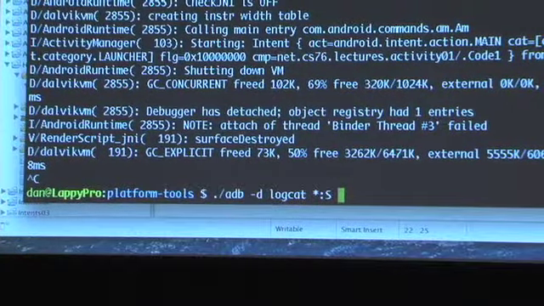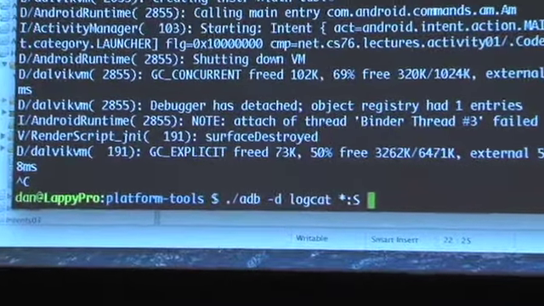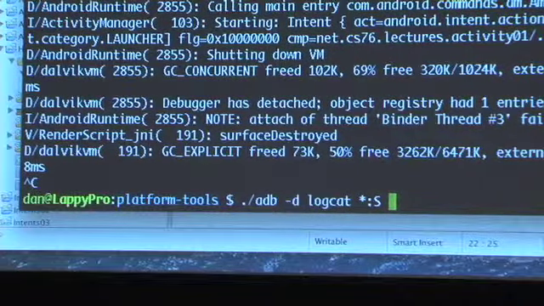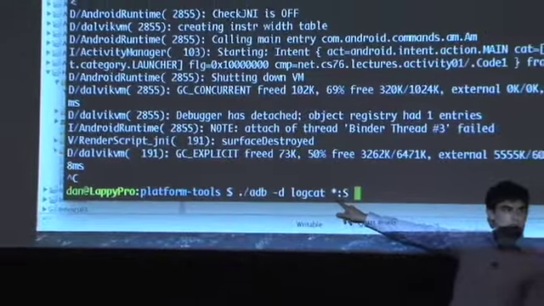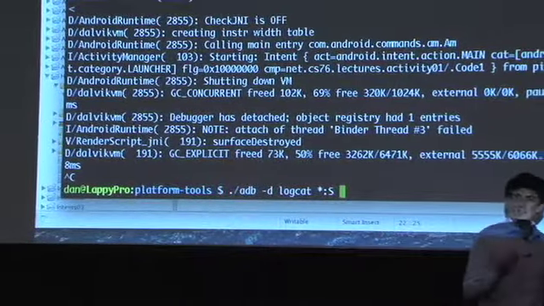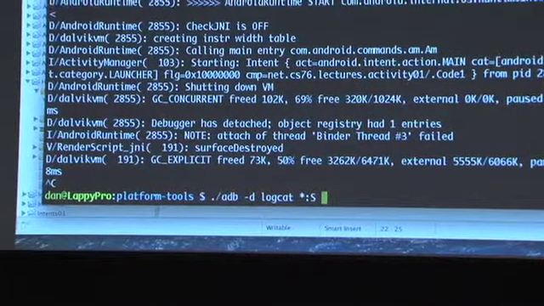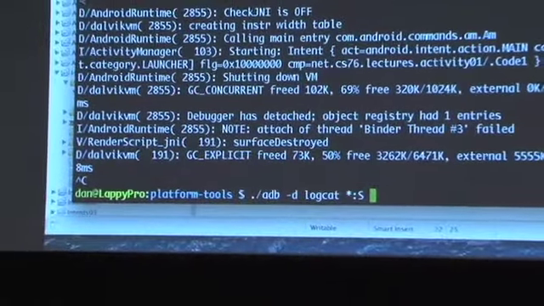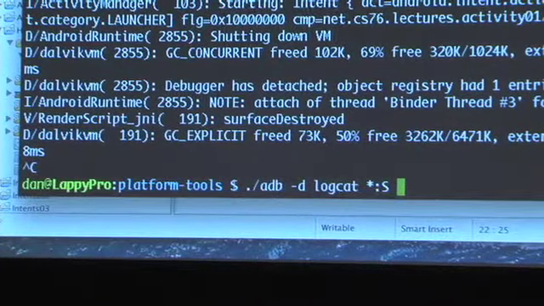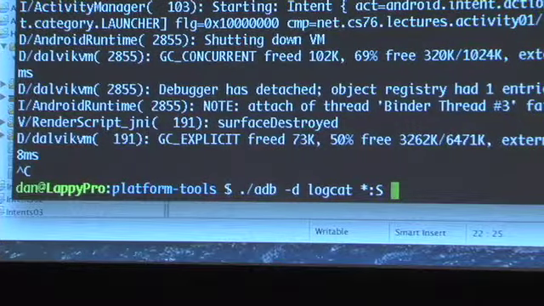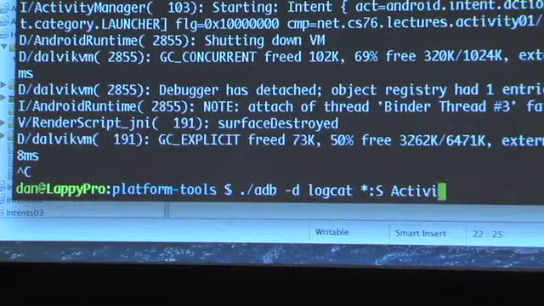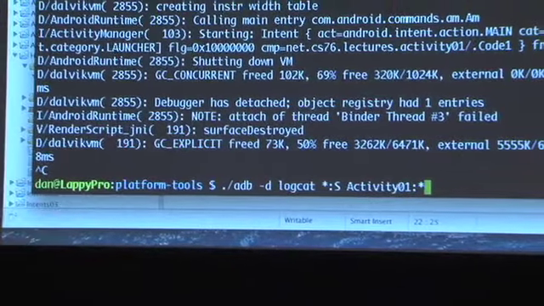So there's an asterisk :s, which means there are two designators here. The first is the tags that I want this filter to apply to. The second is the level that I want it to apply to. S is a special level, which means I want to silence a particular tag. An asterisk obviously means all in this case, so I'm going to silence everything. But what I do want to see is my tag, activity 01, and I do want to see all of